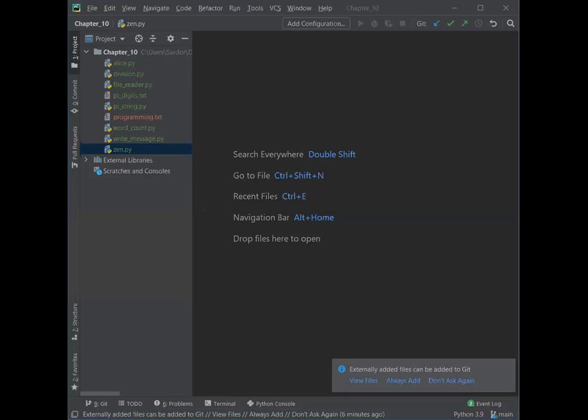Good morning, everyone. So I'll be discussing Chapter 10, Files and Exceptions, from the Python book called Python Crash Course by Eric Matthes. I'll be explaining to myself, because when I first went through this chapter a month ago,